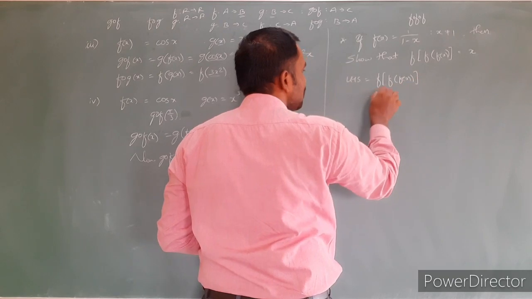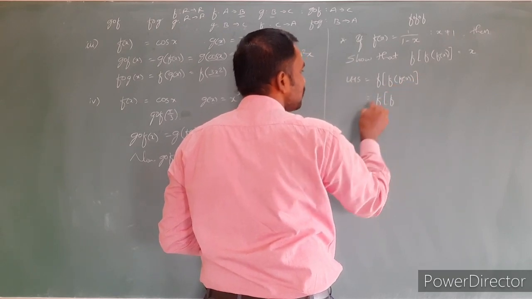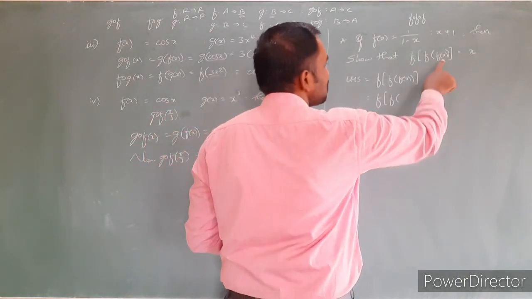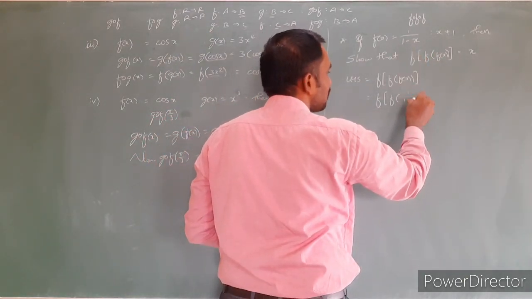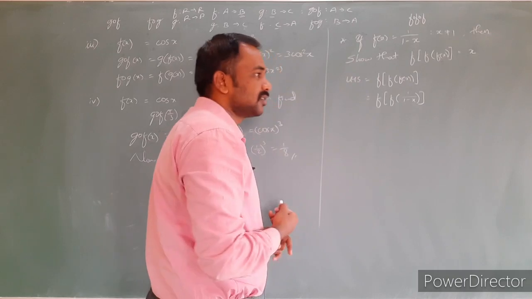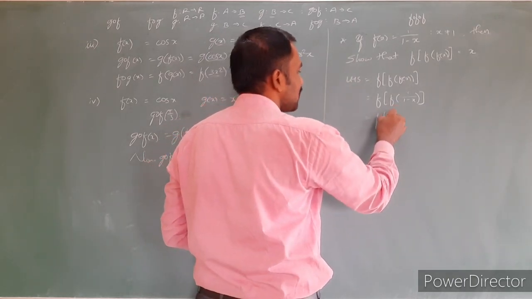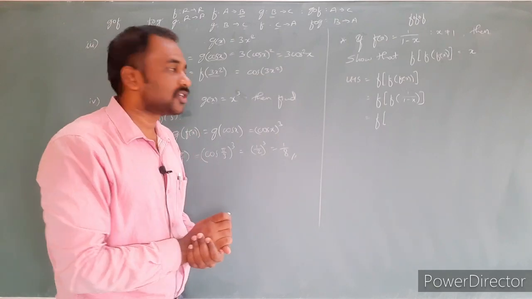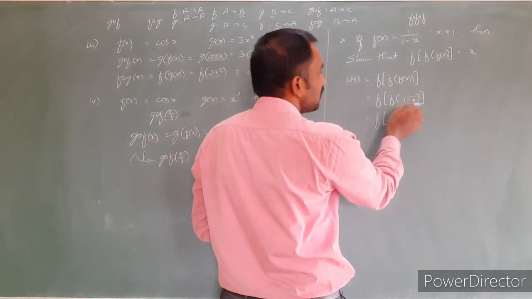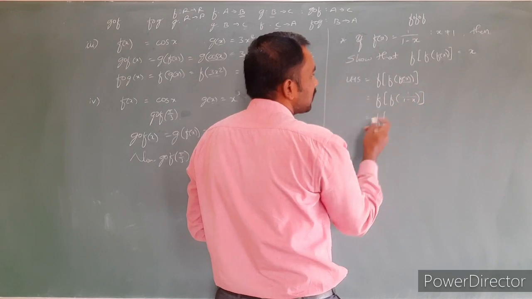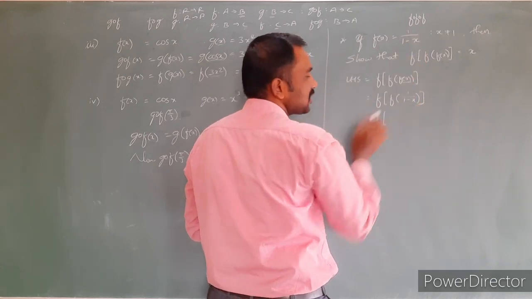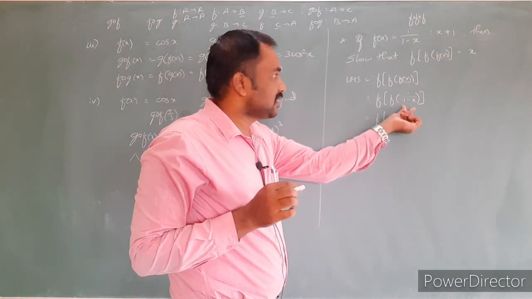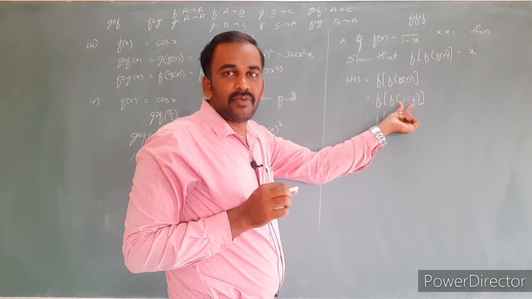Come from the inside value. This f of x as it is, this is f of x. What is f of x? f of x is nothing but 1 by 1 minus x. Just observe where I am replacing, the position where it is changing, how it is changing. Now this f of x is over. In place of f of x, I just replace the given function. Now which is of the form f of x again. Wherever x is there, replace 1 by 1 minus x.